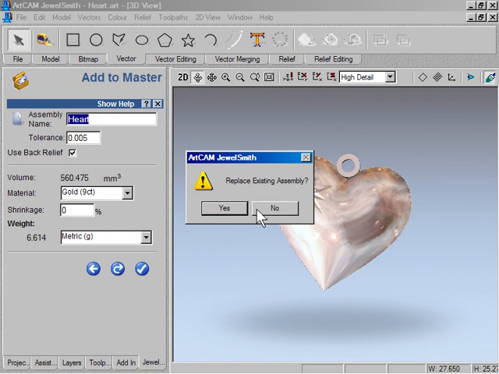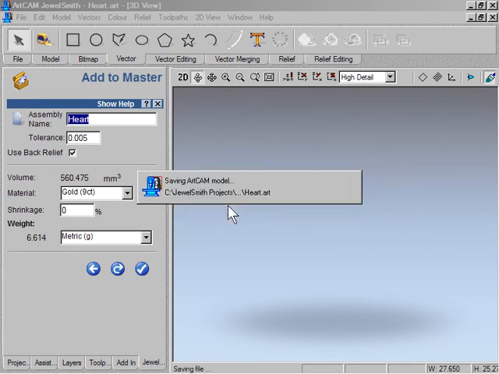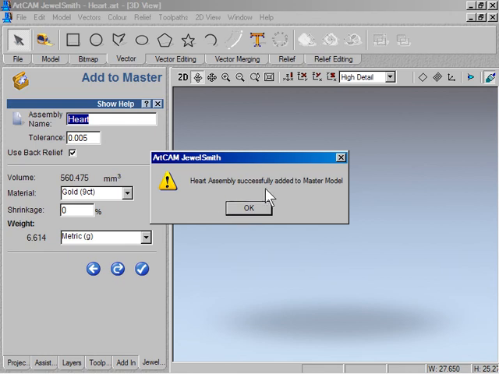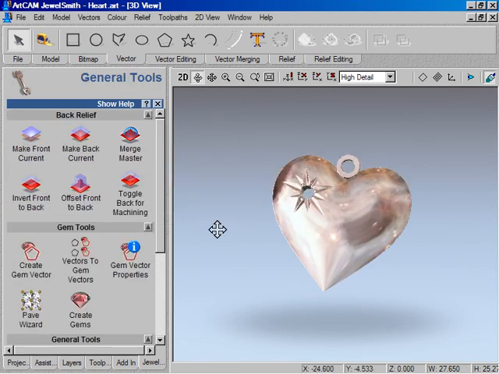If I say no at this point, I'll come back here, I can change that name and try again. And if there's no existing assembly, that's fine. I can keep multiple copies based on the same model with different names. In this case though, I do want to replace the existing one because I am editing it, and I also want to save my ArtCam model just so that everything is nice and up to date. So the heart assembly was successfully saved into the master model, so I click OK,